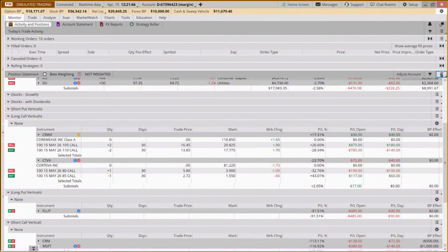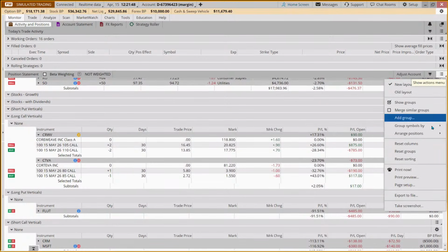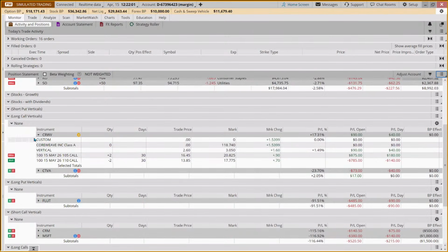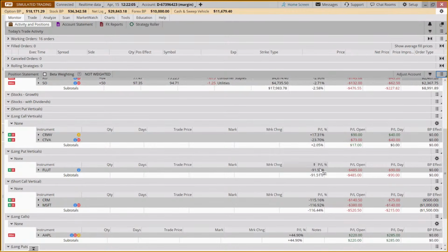But if you want them to be sorted, which I kind of love, like I don't want to do any more math than I have to do, because every time I have to do the math, there's the potential for error. And the other thing I really like, because these have percentage trade targets, I really like having that profit and loss percentage.